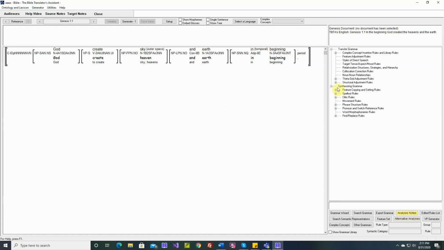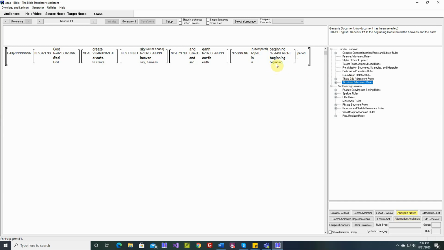This video is the first video describing the structural adjustment rules. And you may remember in a previous video that I mentioned the transfer grammar is responsible for taking our semantic representations, which are heavily influenced by English, and then reworking them in any way necessary to create a new underlying deep structure representation that's appropriate for your target language. So, by the time these rules have all been executed, you need to have the proper structures in place,